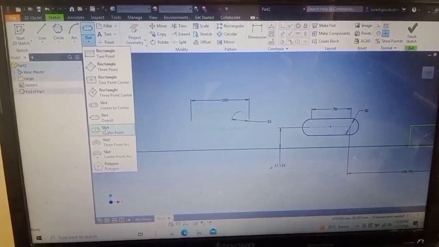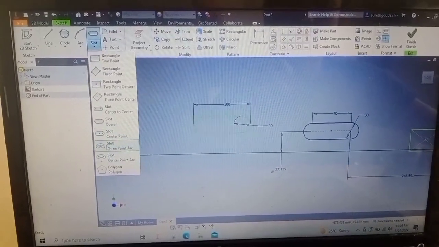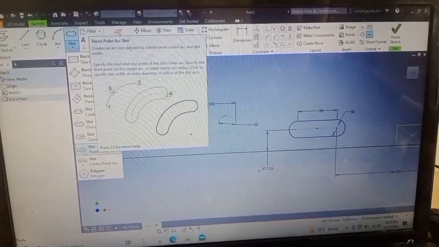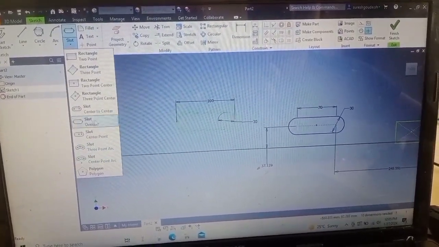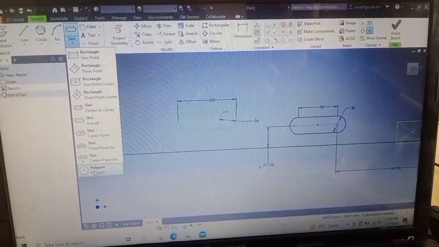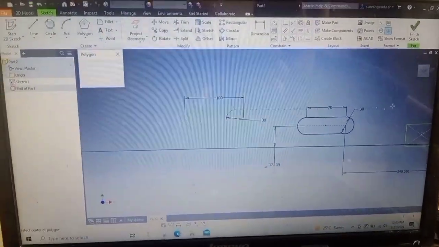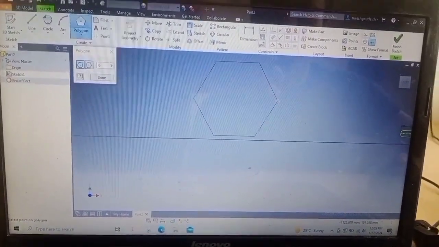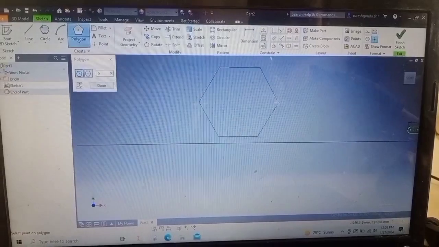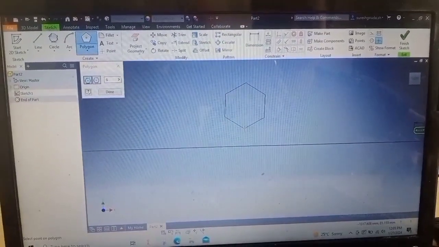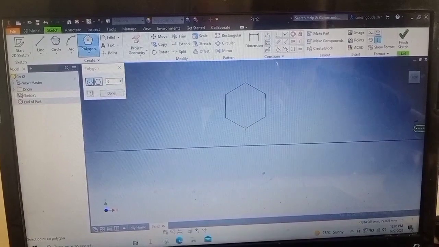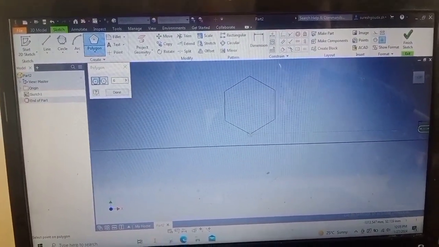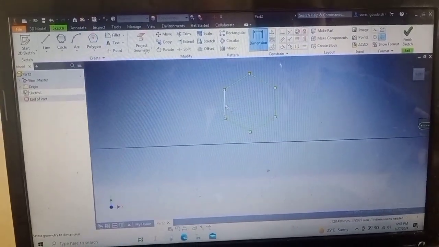So you can also see that the icons are self-explanatory. You can easily create using those the definition there. And I want to leave other options for you to try, and I want to go to polygon, this one, center point, and then select any other point for the width, and I am selecting this one. I'm just trying to keep it straight. Okay, and if I give this dimension,